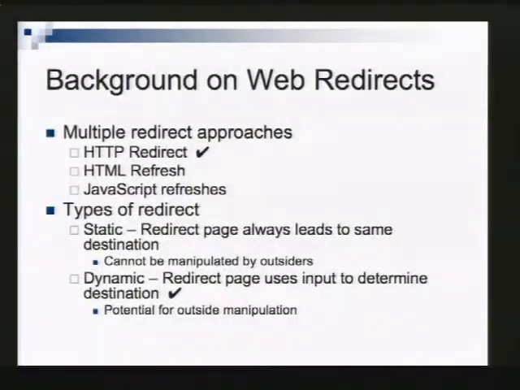In general, you cannot look at a link and determine that it's a static redirect. This kind of redirect cannot be inferred unless you actually traverse the link. Does everyone get that? By looking at the link, you don't know it contains a redirect, and even if you traverse and find out it's a redirect, there's nothing you can do to change its destination. That's hard-coded in it. So static redirects cannot really be manipulated in any way. However, dynamic redirects, which is what we studied, can be manipulated, and that's what we looked at. So for the rest of the talk, we'll look at HTTP redirects that are dynamic in nature.